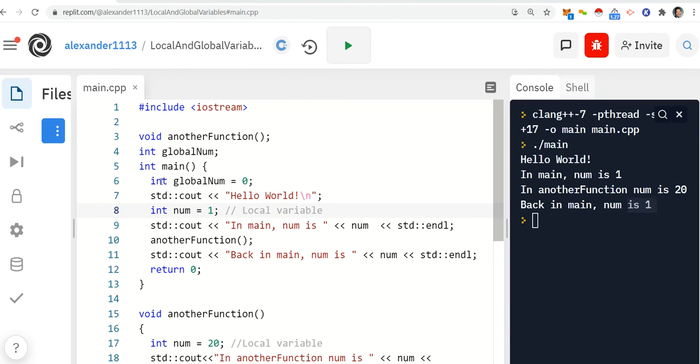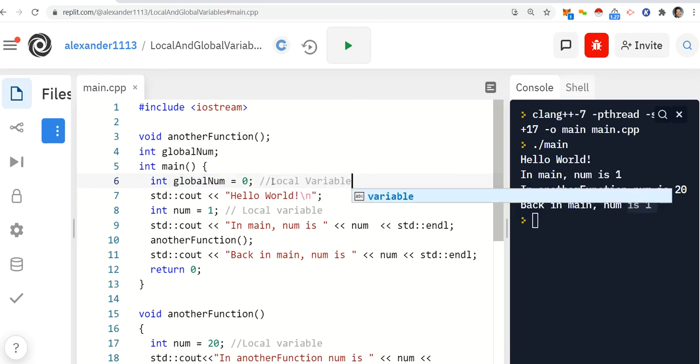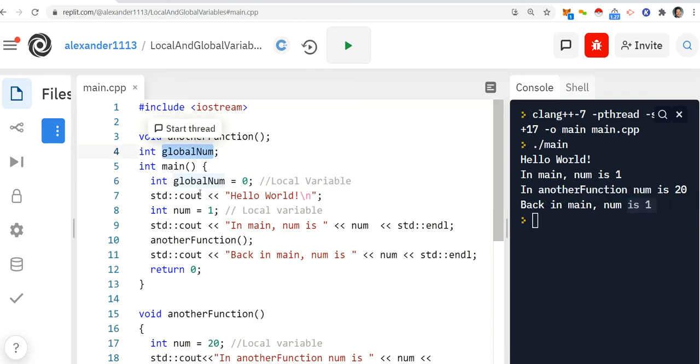Now, what would happen if I did the following? If I declared a local variable called global num, and I also have a global variable called global num. This is a concept called shadowing. What that means is that the local variable will shadow the global. So what value does it take when you shadow it? Well, it's actually going to take the value of the local variable,